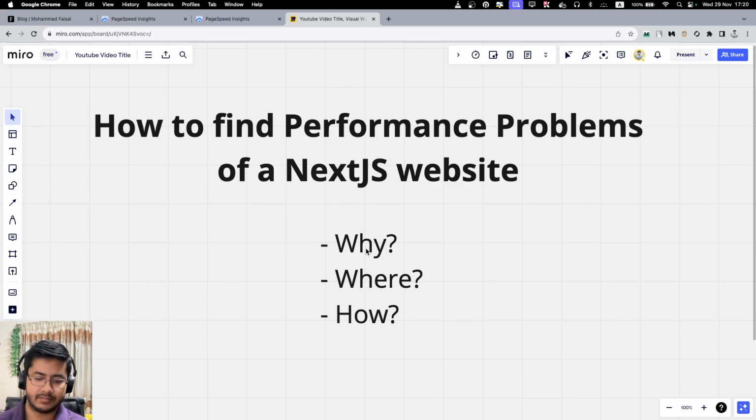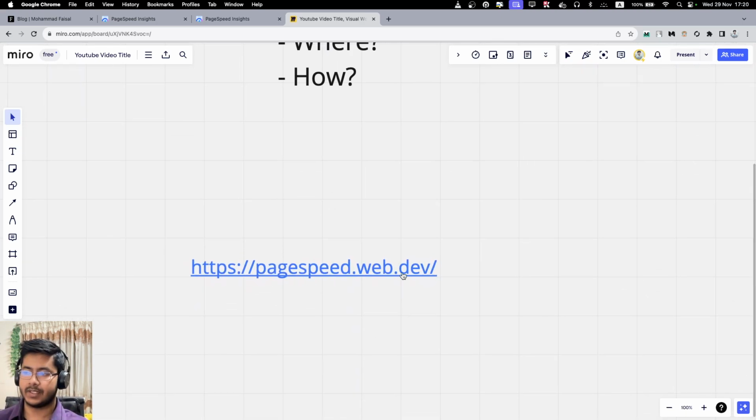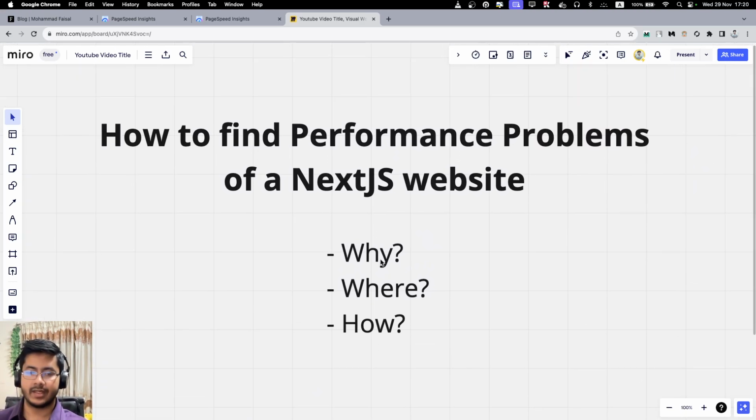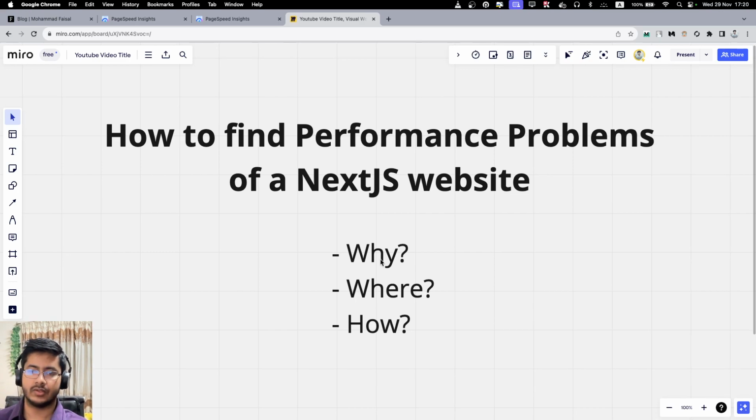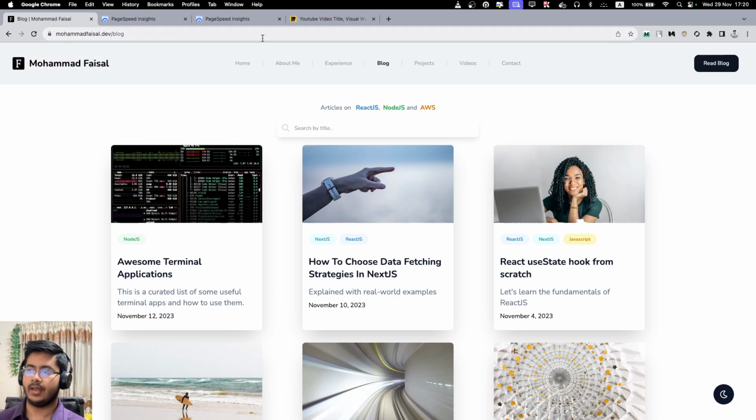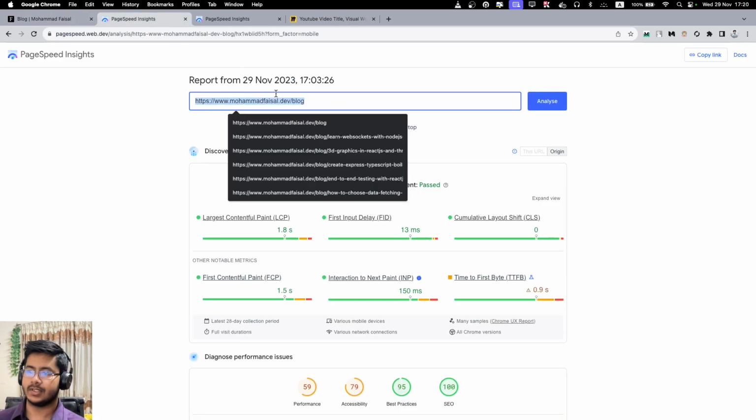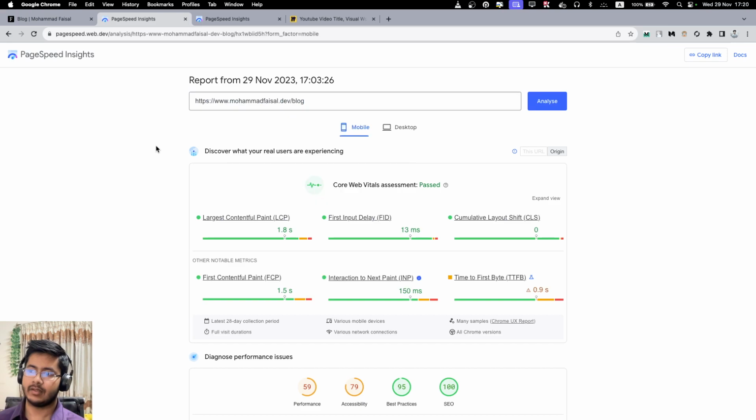So let's say you just jump into a project and you are tasked with improving the performance of a website. What is the first thing that you do? What I usually do is use a tool called pagespeed.web.dev. This is a very good tool which is completely free. You go there, paste a URL, run the analysis, and you will get the